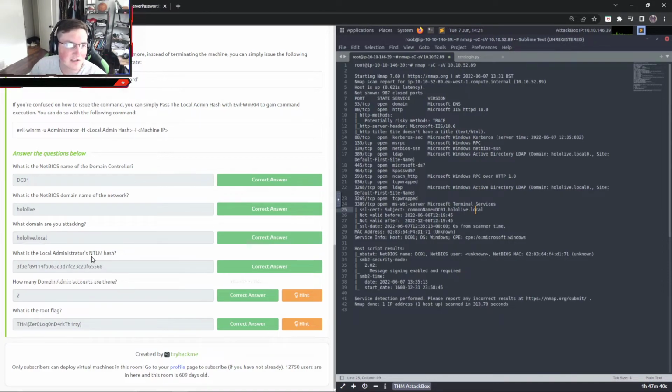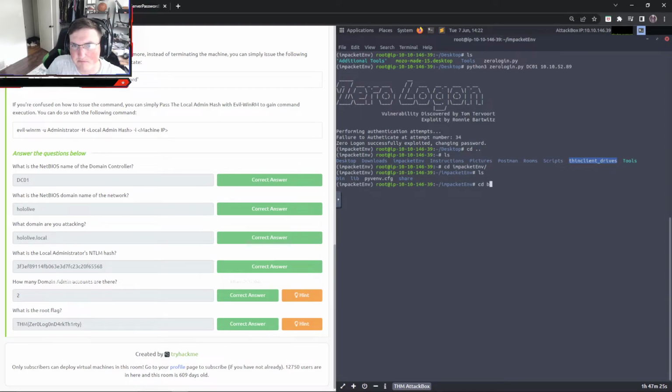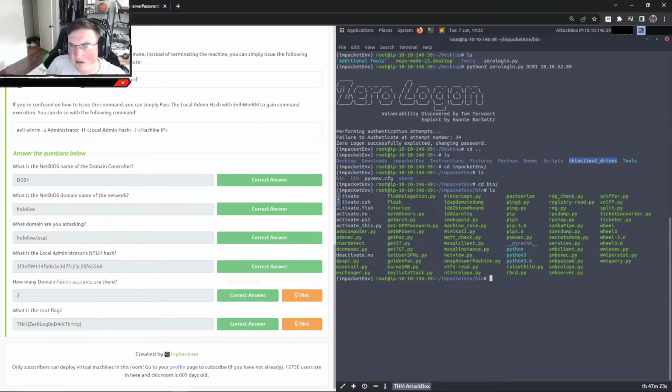Now, what is the local admin's NTLM hash? Okay, we can go ahead and minimize that. So we installed Impacket. We go into Impacket, and you can see there's binaries in there, and you can see secretsdump.py. I think I've got it in my history, so we don't have to get all crazy.